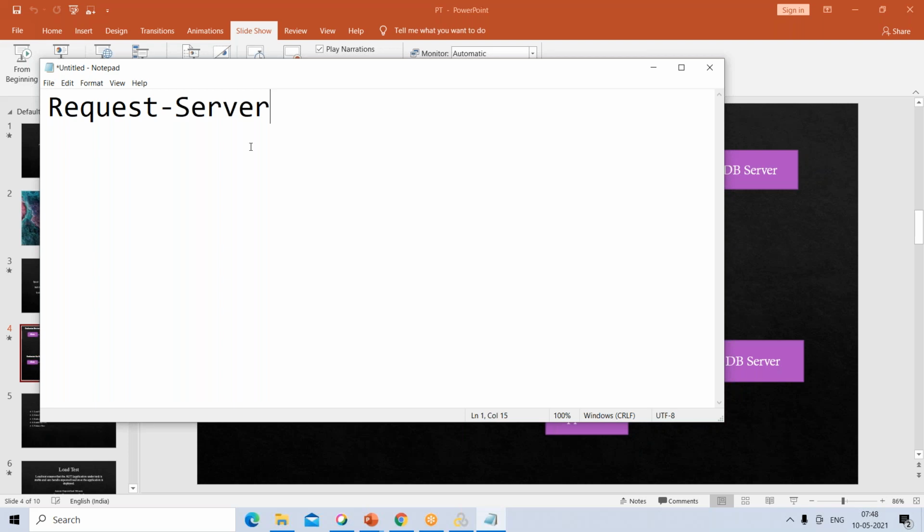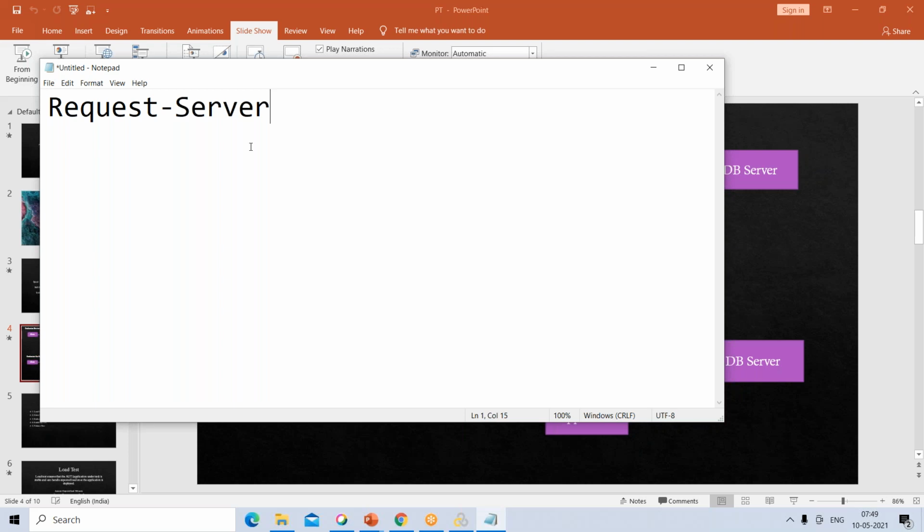Now if you want to know how much time it is taking completely, including the browser response time, or let's say including the browser rendering time, then we have to test with a different protocol called TrueClient. It will give you the complete response time starting from the browser, and it includes the server response time and the browser rendering time as well. Okay, that is one thing.